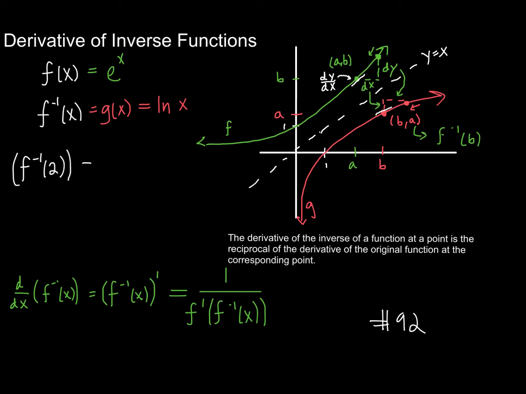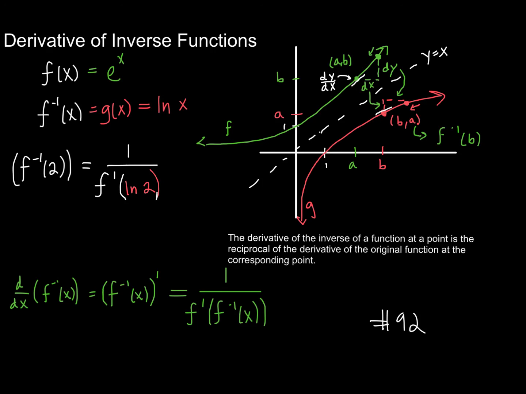So I realize that it's going to be 1 over. I'm going to take the derivative of my original function at the point f inverse of x, so f inverse of 2, which is the y coordinate on my inverse function, and of course the x coordinate that corresponds to it on the original function, where I want to take the derivative. So f inverse is natural log of x, so it's going to be natural log of 2,